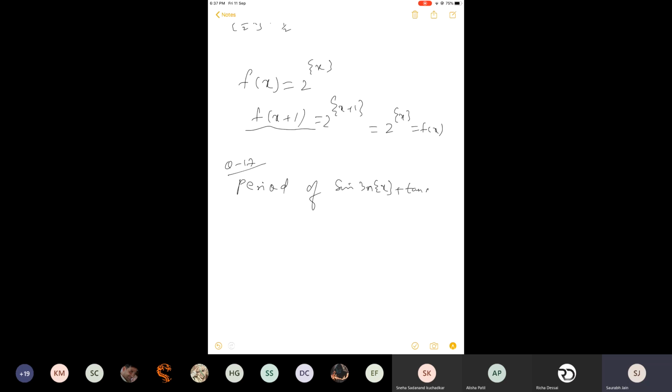Okay, let me tell you something. If you look at the options carefully, 1, 2, 3 and 5, one thing is sure that it is a periodic function. Why? Because if some values are given for the period of this function, definitely it is a periodic function. There's no option like none of these, not defined, does not exist. So one thing is sure that it is going to be a periodic function.